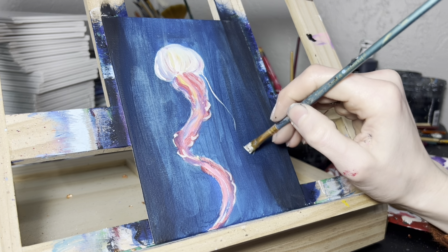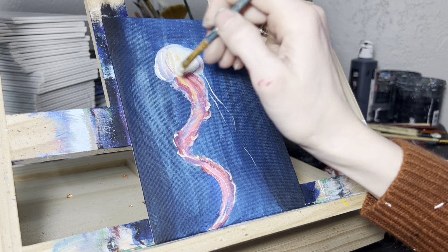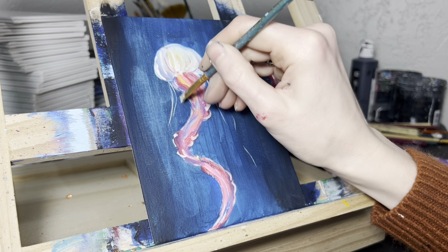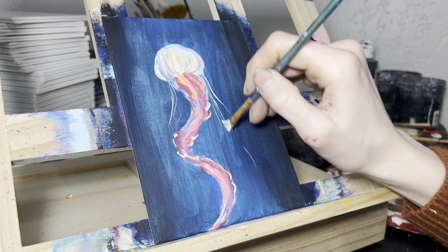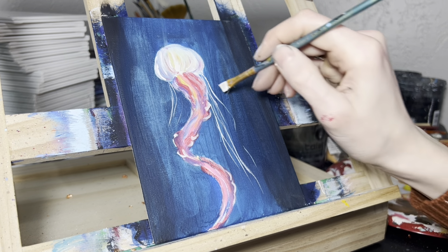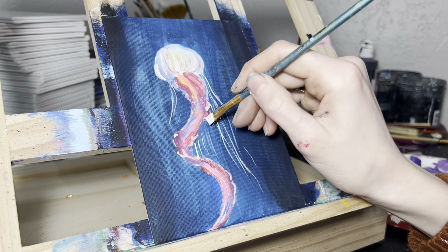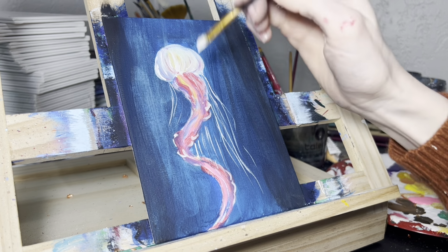This is an angled brush and some plain white paint. You can use whatever brush you like to make really small lines. I have a preference for angled brushes for really tiny lines, so that's what I'm using here. Using a light touch and just the tip with that brush really flattened out. Keeping in mind as we bring these little stingers in that they go all the way around that jellyfish, so we can't see behind it, but there are little parts where the stingers would stick out, like between the squiggly parts here, so adding some little white lines to represent background stingers,